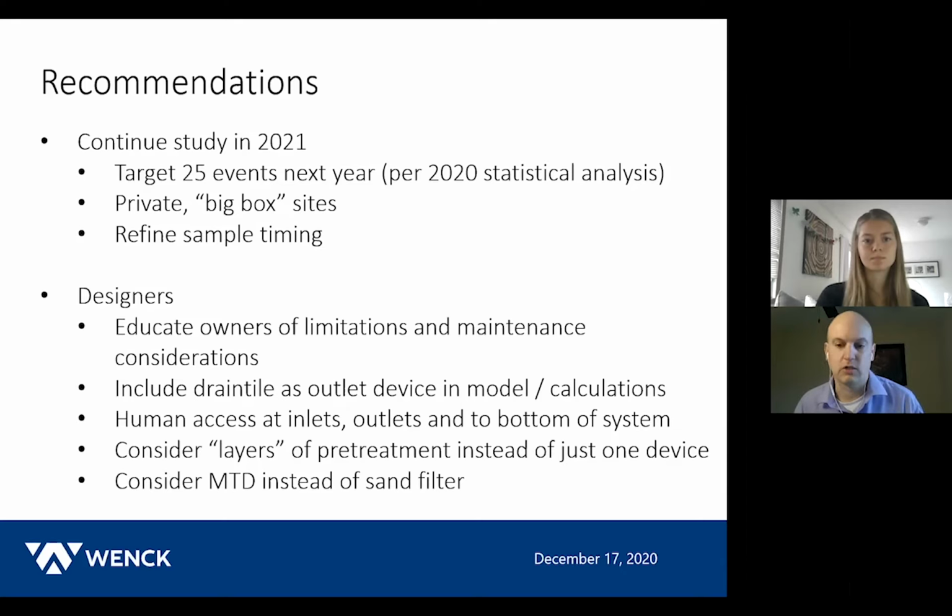Considering layers of pretreatment, rather than just a sump manhole, is there a way that we can do a sump manhole for big stuff, a swirl separator for a little bit smaller stuff, and then the water goes into these systems? I know we're talking about more cost, but it ultimately gets back to how are we best protecting our downstream water resources? We're spending hundreds of thousands, maybe millions of dollars on these systems, and we got to make sure that they're